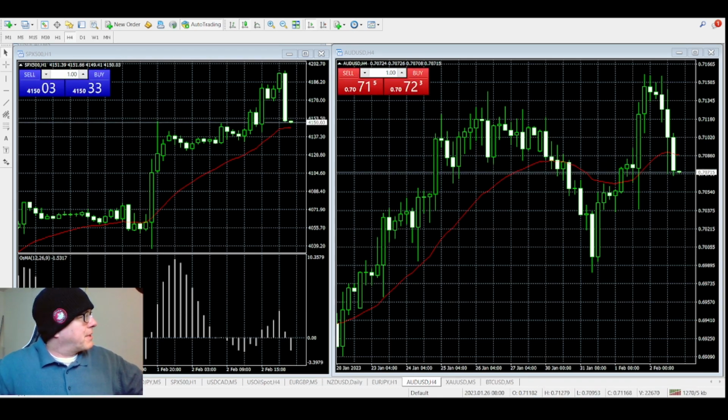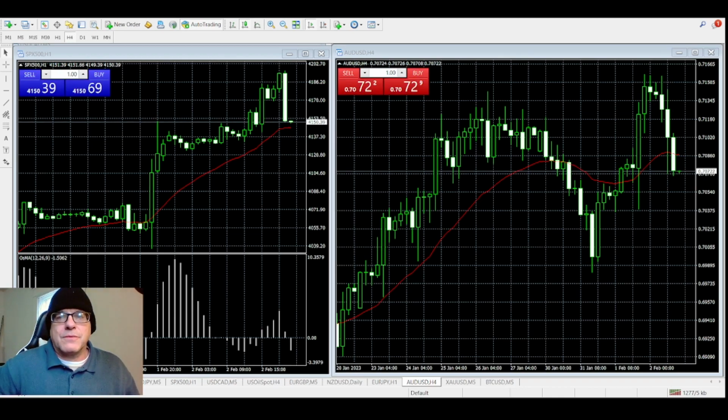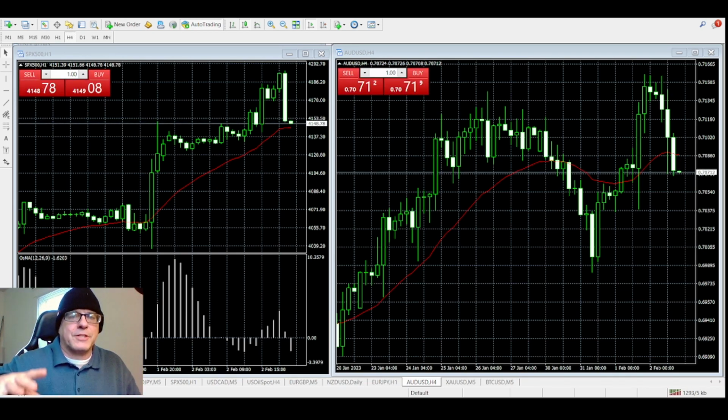Okay, so by shorting the Australian dollar, when you see the S&P 500 moving lower, that is indeed a good strategy. Very simple. So correlation is very, very important when you are trading, because if you get an overall picture of the market in general to see what is going on, you will be able to develop some kind of strategy, whether it's bullish or bearish, that will at least help you in a directional trade.